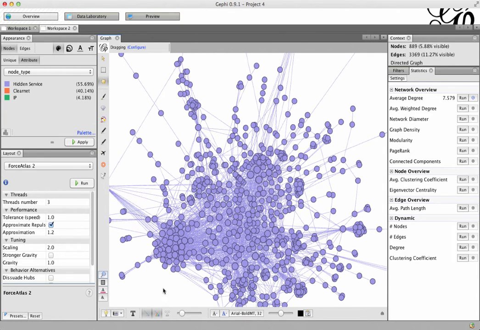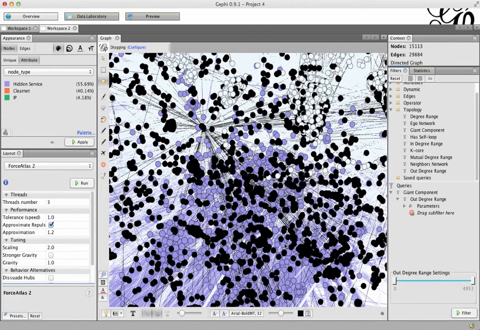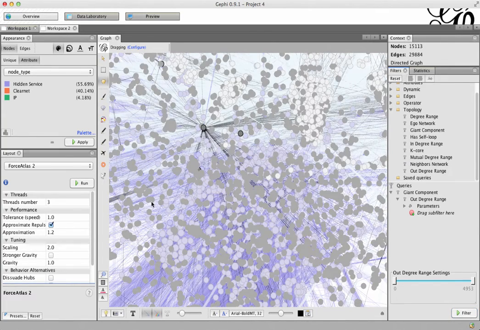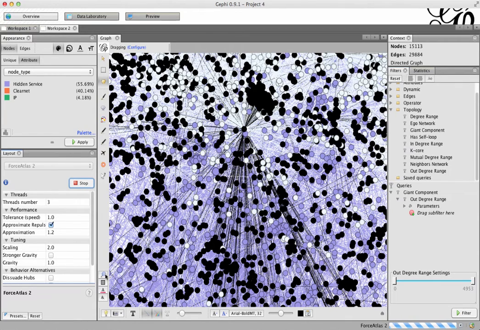Okay, so that's sort of interesting. This is the bulk of what we're seeing in our network. If we go back to our filter and we get rid of our degree range filter, let's just put that down at 0. Okay, so now a bunch of nodes popped back up. Let's relay this out. So this is with all of our clumpy nodes,